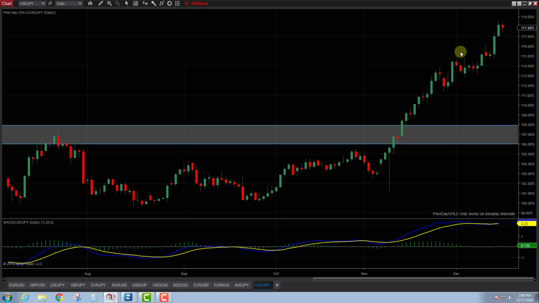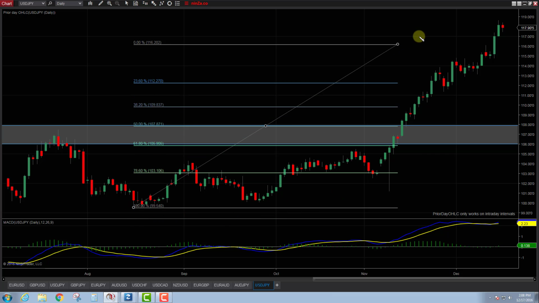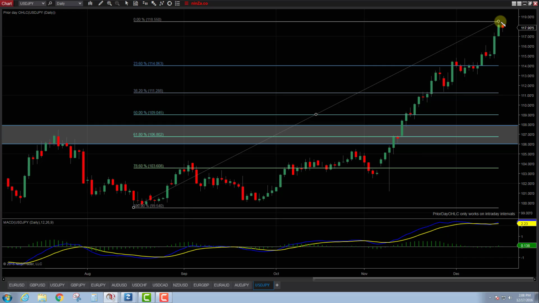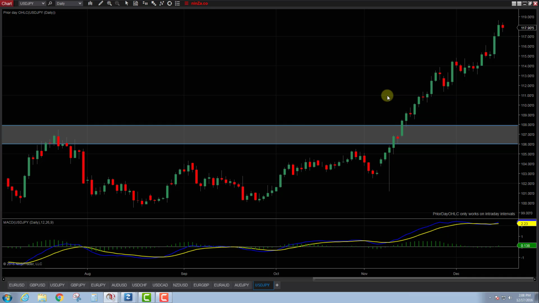Now keep in mind when we're looking at this, we showed the 38% retracement, and this is where it's going to come into play, guys. We have a 38% from down here. So when we draw that, our 38% retracement is going to come in just above the 111 area. But for those of you that like to alleviate risk, remove risk out of the market as soon as possible,